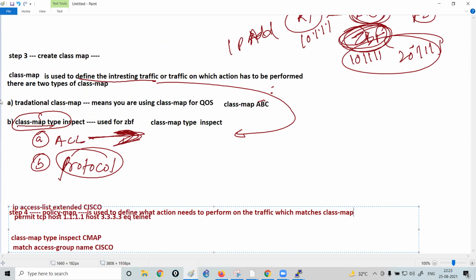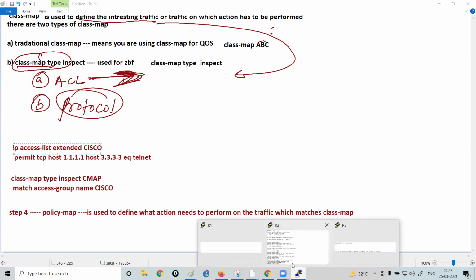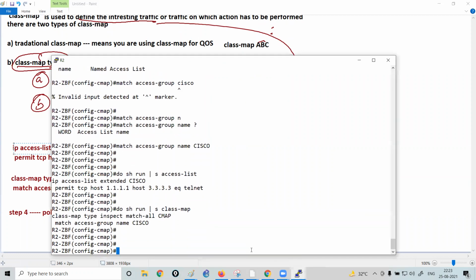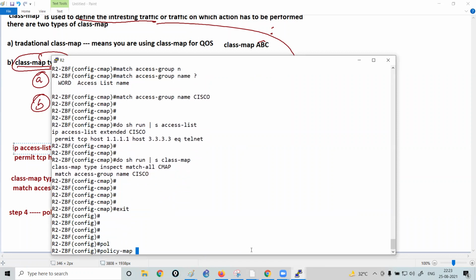In step 3 you have already told the router that you need to perform an action on this traffic. But what action has to be performed? Either you have to deny the traffic, or drop it, or pass it. Whatever action you need to perform, you define it in the policy map. So now run this command, policy-map.